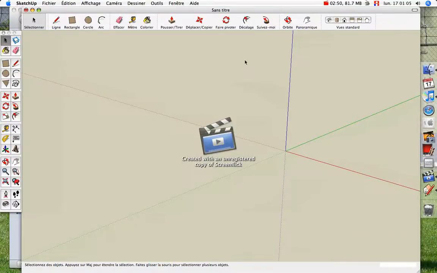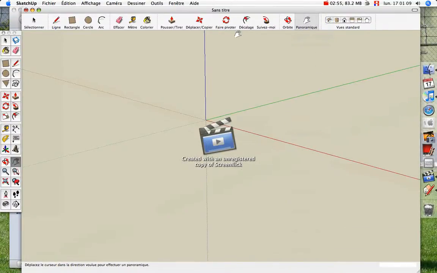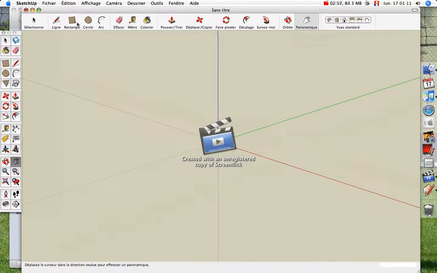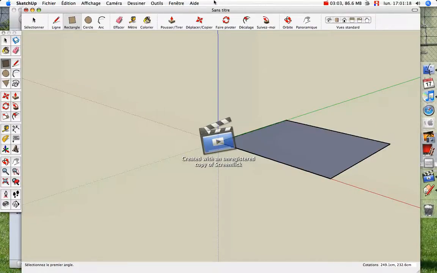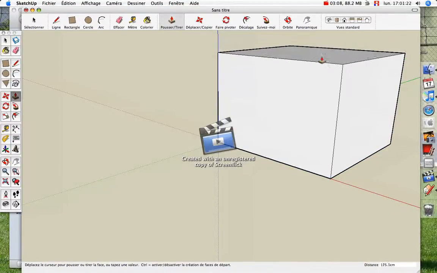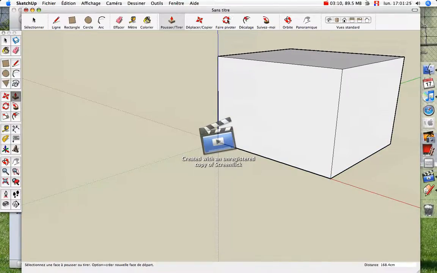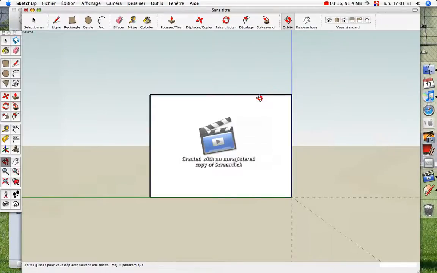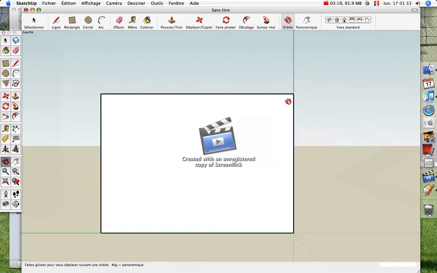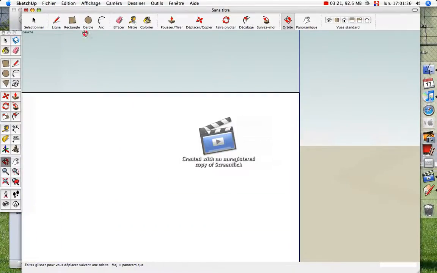Also, what the follow me tool actually does is it follows you, basically. I mean, according to its name anyway. I'm just gonna show you on a rectangle how it can actually help. So push pull tool, pull it up a bit. Then you're gonna zoom in a bit, orbit around, or if you want, you can just do that directly. And then just zoom in a bit, and then with the arc,